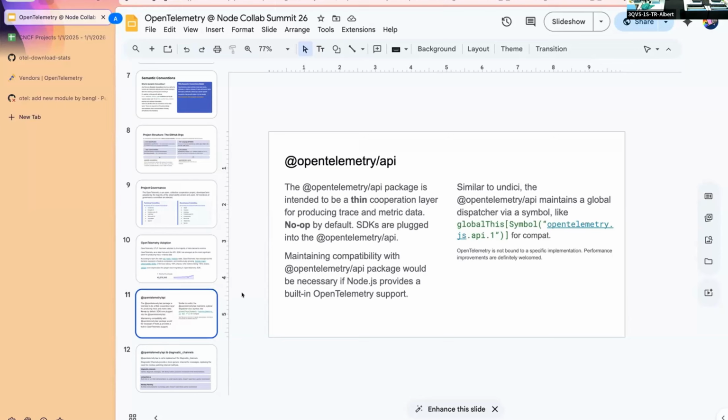And part of the reason it's shaped somewhat differently is that it's been my experience, and I've discussed this with most every other vendor, that OpenTelemetry API is a good user-facing API. It is good for just some random developer to add custom instrumentation to their application. It is less good for implementers, for the people building the languages themselves or the libraries. It's okay for directly instrumenting libraries. Some, like Next.js, are doing that, but